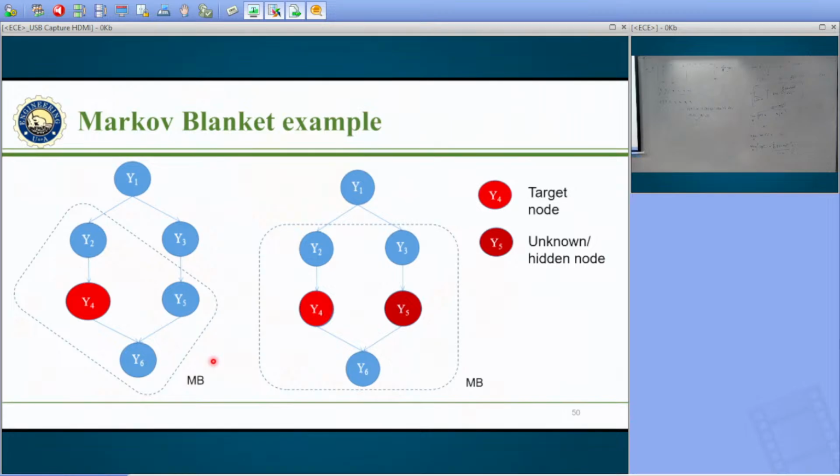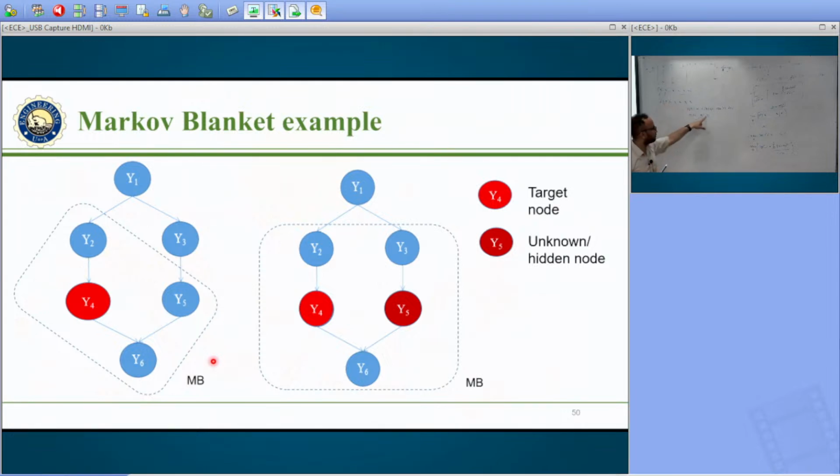There is no IID assumption. I didn't make any IID assumption. The joint distribution is made into a product by using the network structure. We didn't make any IID assumption on the variables. I think we may make IID in the samples. Each measurement sample is independent of its own because the uncertainty is present. But the variables are not independent. I didn't make any assumption that y6 is independent of y1. By looking at the structure I have written,